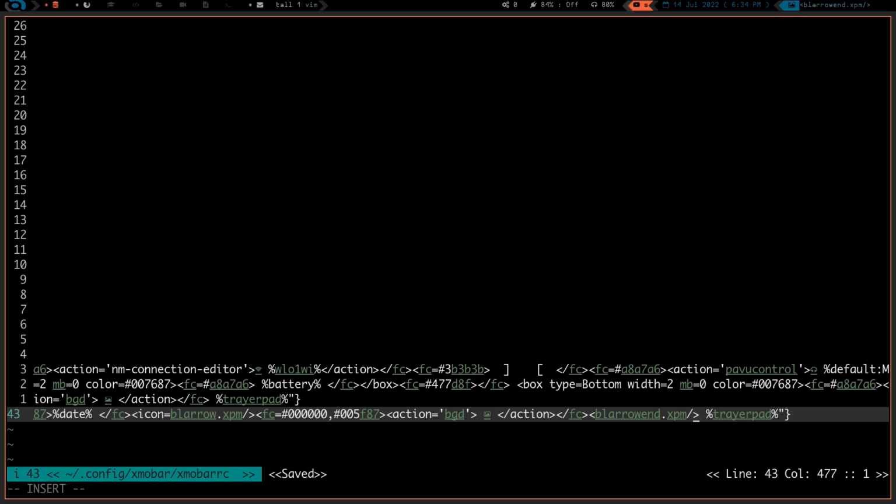XPM. Oh, you know why? Because we forgot to put the icon equals. Boy, Jake, you're on a roll today. So then we're going to write, and there. Now we have the power arrow here, power arrow there. We have it there. Let's go ahead and put one in front of my